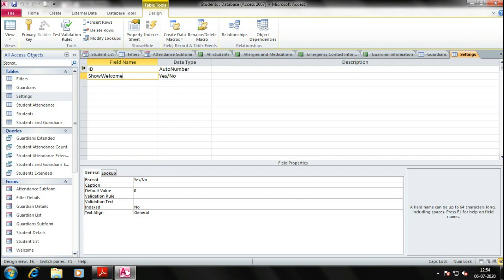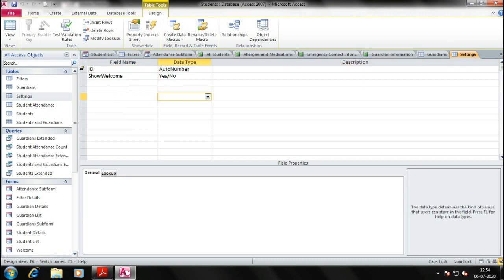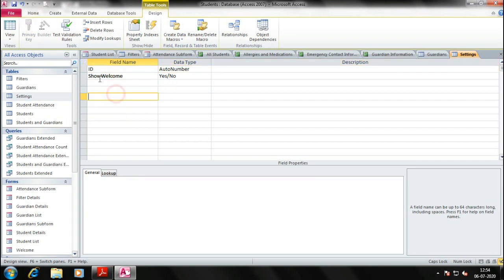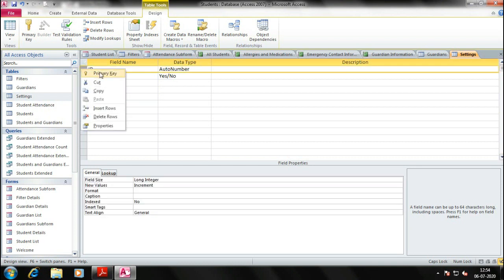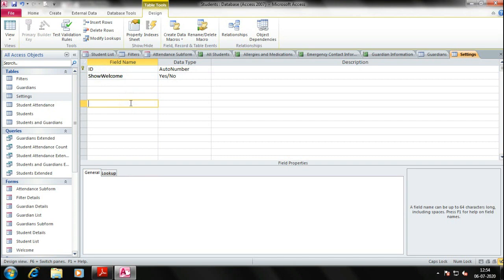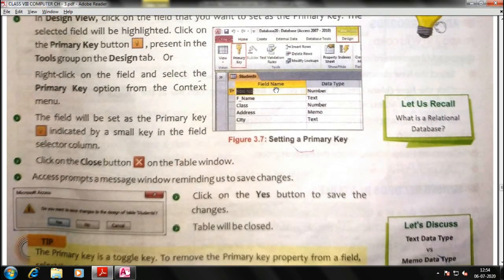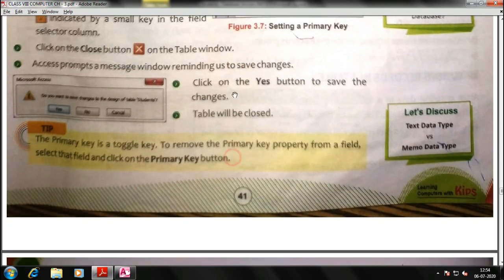This is already set as primary key. Right click this and click on primary. Now it is hidden, the ID is no more a primary key. If you want to set it primary, right click and primary. Now it is primary key. It's simple as that. In design view, go to right click, the same steps.